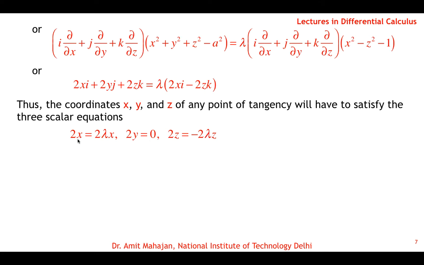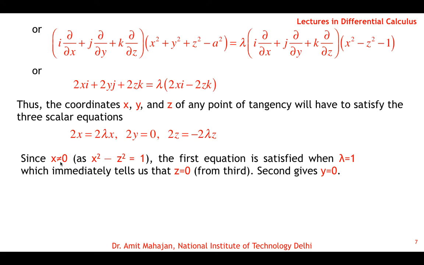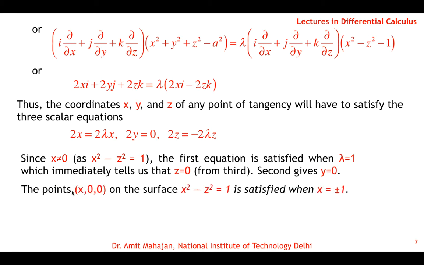Now since x cannot be 0, because x equal to 0 is not a point on the hyperbolic cylinder, x has to be non-zero, and if x is non-zero, the first equation implies that lambda must be 1. And if lambda is 1, then the third equation immediately says that z must be 0, and the second equation gives us y equal to 0. So the points must be of the form (x, 0, 0) with x a non-zero value, and these points